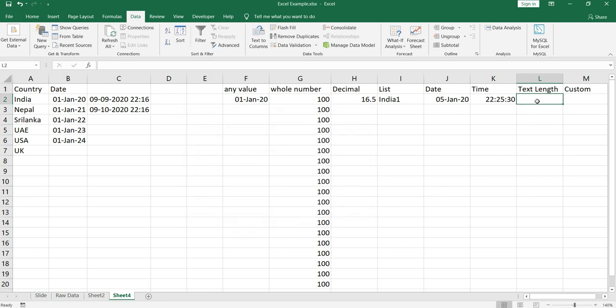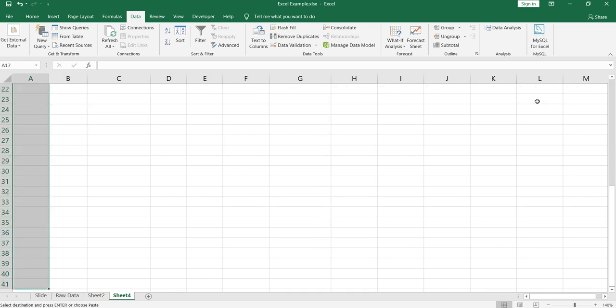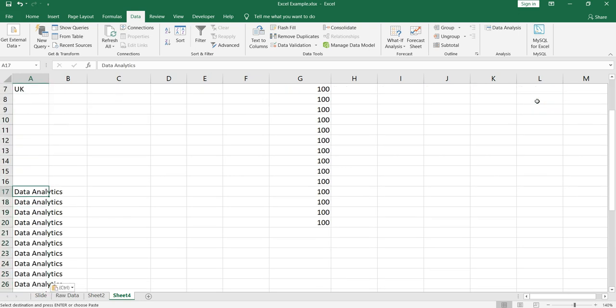Now if I'm writing something, if I'm writing my name, it takes the value. If I write some words, for example data analytics, it takes it. Now let's take this data analytics and paste it in these cells.